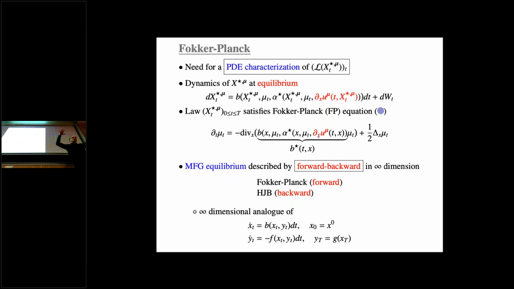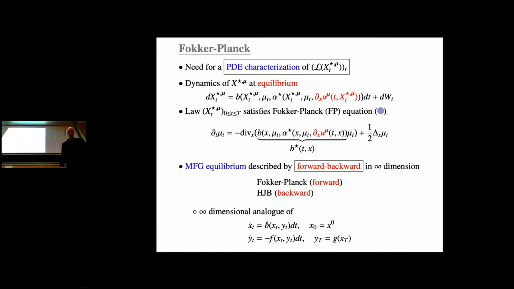You can write down explicitly the two equations again. Let me mention the difficulty of these two equations. There is one Fokker-Planck equation that runs in the forward sense, because what you know is the initial state of the population. This is the boundary condition of it. And there is a backward Hamilton-Jacobi equation that runs backwards, because the boundary condition is given at the terminal time. And so you have two directions of time which are conflicting, and this is the very difficulty of the analysis. If you don't believe me, what would be the finite dimensional analog of my problem?